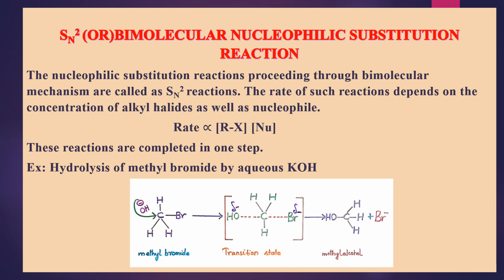Okay. Now the OH group takes its place just opposite to the bromide ion. Okay, you can notice this in the figure. So bromine in methyl bromide is on the right side, but now OH is on the left side. Okay, so therefore we say the OH group takes its position just opposite to that occupied by the bromide ion.